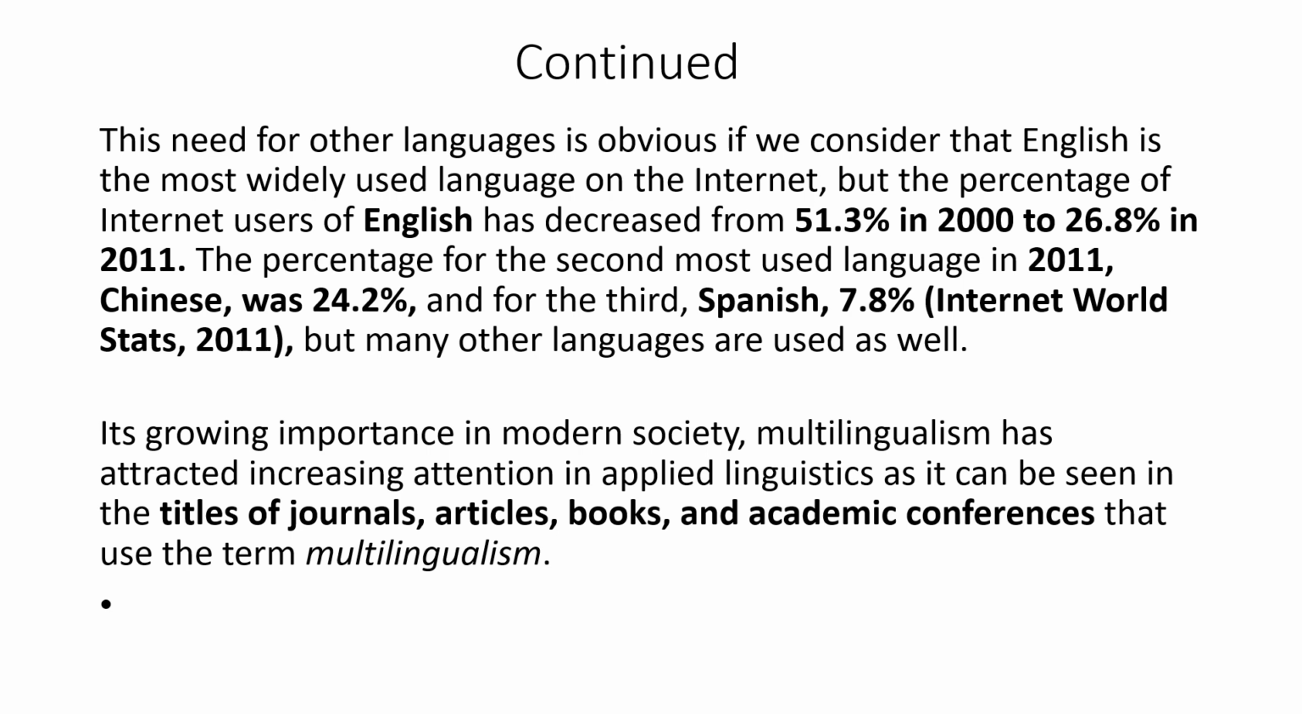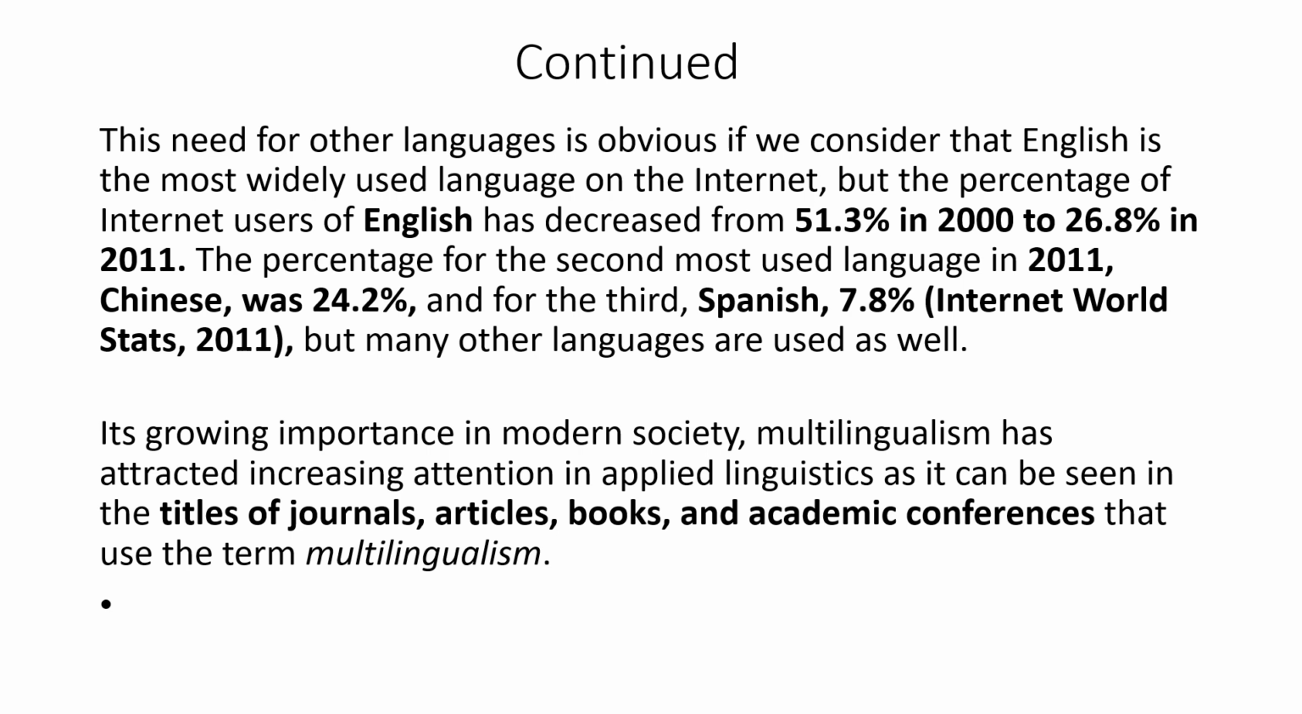Internet World Stats 2011, according to that report. But many other languages are used as well. English, Chinese, and Spanish are the first, second, and third most spoken languages of the world. Given its growing importance in modern society, multilingualism has attracted increasing attention in applied language, and it can be seen in